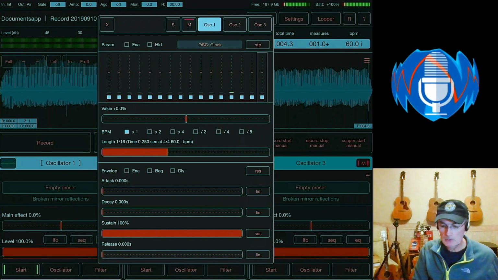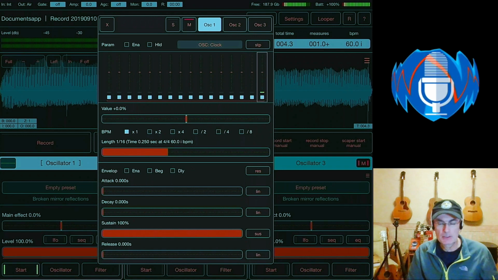But because we can apply an envelope to that, we can shape the gate, if you like. It's set by default to attack 0, decay 0, release 0, sustain 100%. So essentially we get a square wave opening and closing,